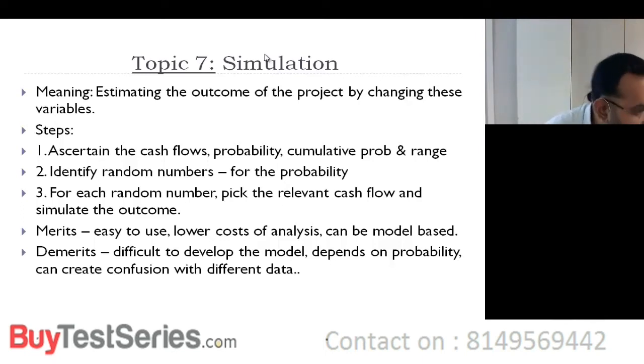Evaluate the proposal to fully automate the process if the opportunity cost of capital is 17%. If the discount rate is 17%, would you go in for this project or not? What is the initial investment? Initial investment is 4.2 crores. What is the first year cash flow? It's 80 into 0.2 plus 160 into 0.5 plus 240 into 0.3. Someone can say, on an average, this is the cash flow I'll make in the first year.